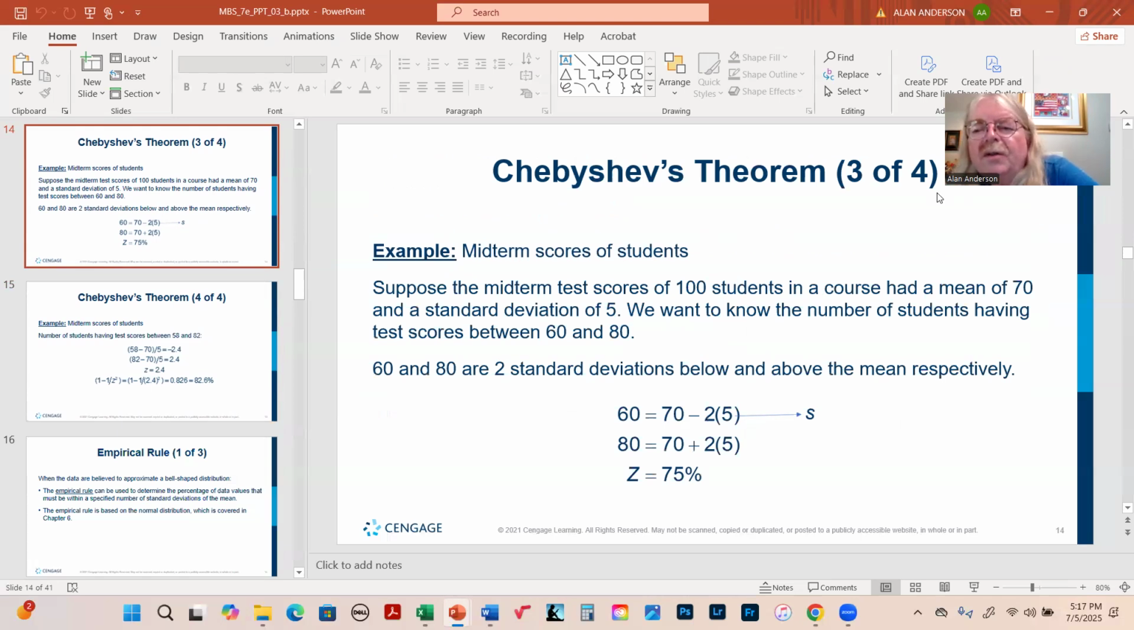Suppose that midterm test scores had a mean of 70 and a standard deviation of 5. What's the number of students having test scores between 60 and 80? So we're not thinking about the actual number 20. We're thinking in terms of standard deviations. Okay, so 60 would be,